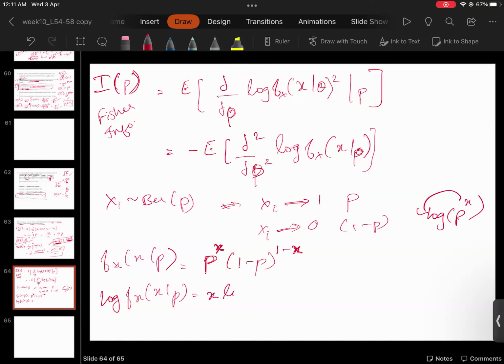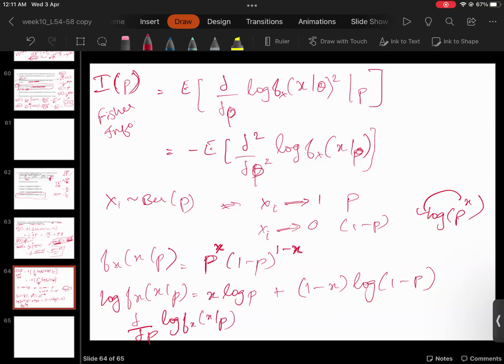So x log of p plus 1 minus x log of 1 minus p. So now you differentiate on both sides. You do a partial differentiation. Delta p log of f of x given p is equal to,